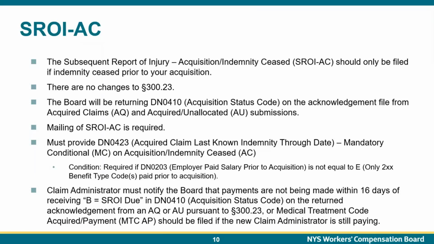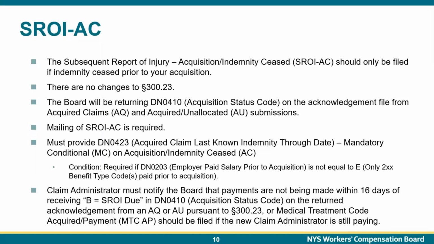So to use an example, if the previous claim administrator had filed a Schroy AU and a Schroy IP, and we currently have that payments are continuing, and now you as a new claim administrator come in and file a Schroy AQ, we're actually going to return B Schroy due in that acquisition status code field on the acknowledgement file,